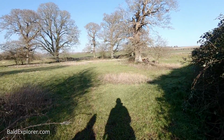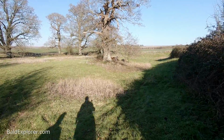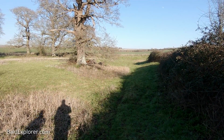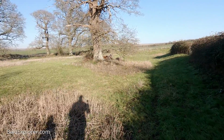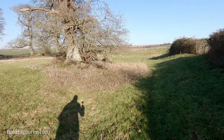If you didn't know what it was, you wouldn't get that, but there is still enough of an indentation to show you the contours of the moat. You can see it goes up ahead, turns left, there's a bank there, and it's a big square with some old oak trees. I'm going to just circumnavigate this to get a real sense of